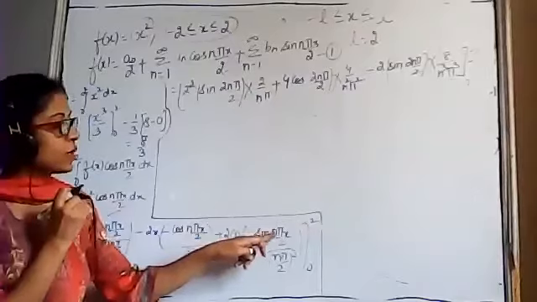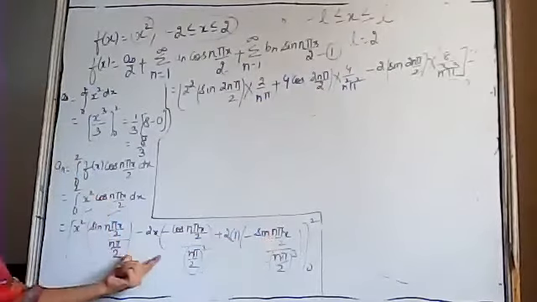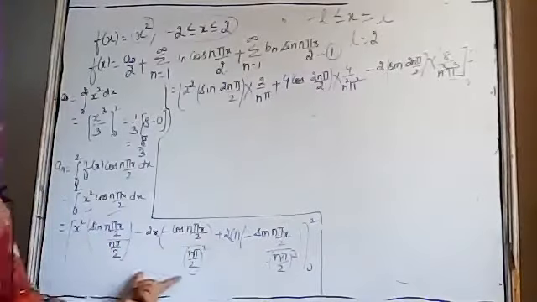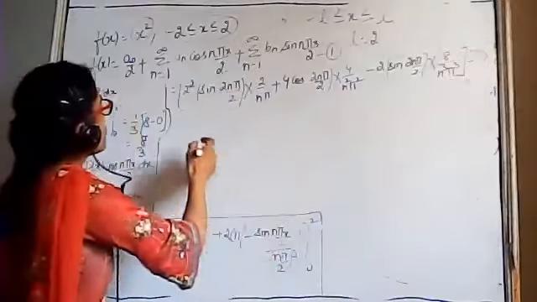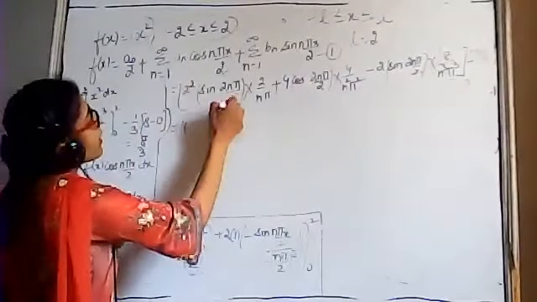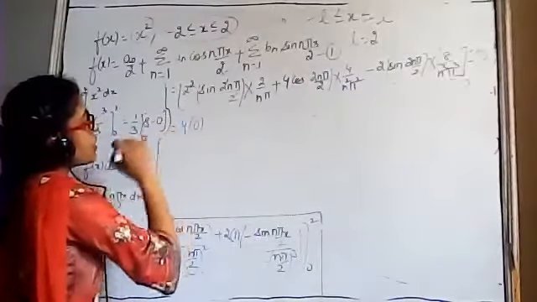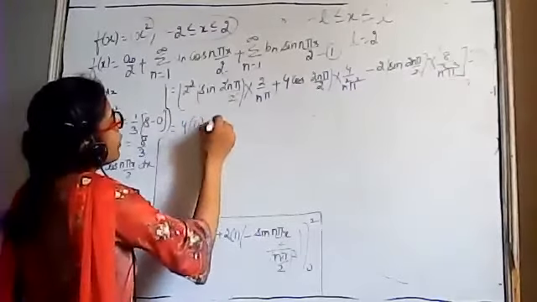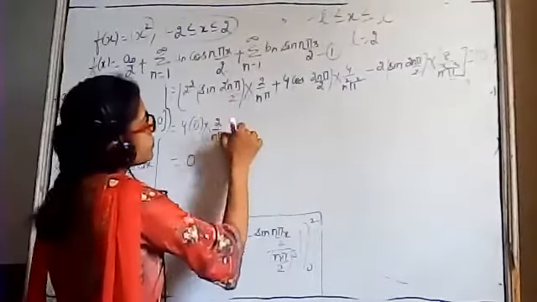It will be sine 0, and sine 0 will again be equal to 0. So after substituting the lower limit, the whole term will be equal to 0. So this is equal to the square, which is 4. Look, this 2 and 2 will cancel out, and sine n pi is 0, into 2 upon n pi. This whole term will be equal to 0 plus